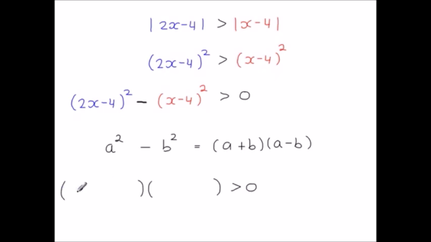So inside here, we're going to add the terms together. So whatever you see here and here, add them together. So 2x plus x gives you 3x. The minus 4 plus minus 4 will give you minus 8. And in here,